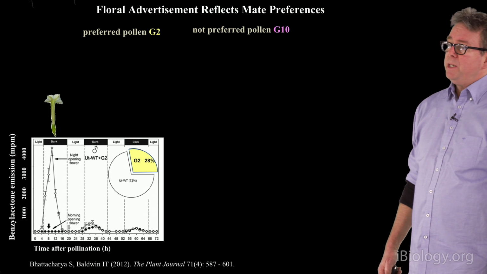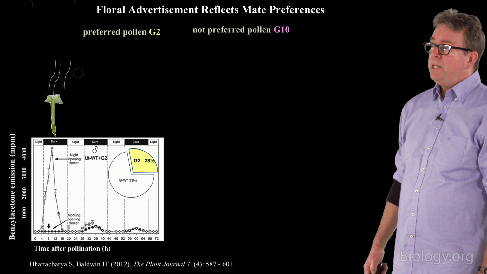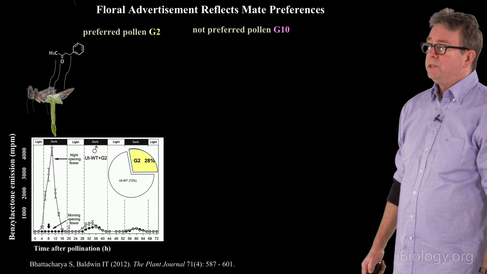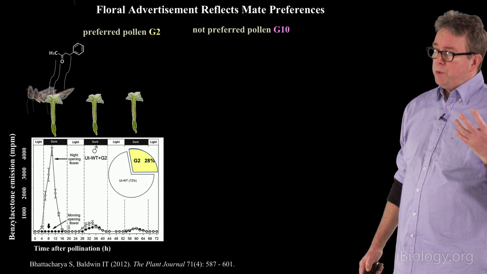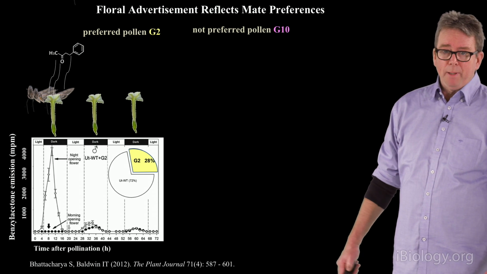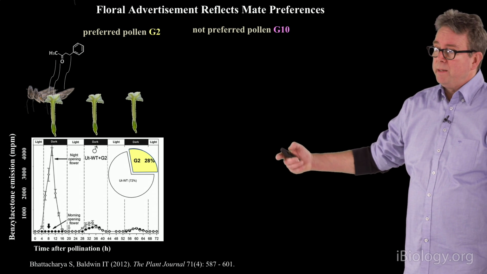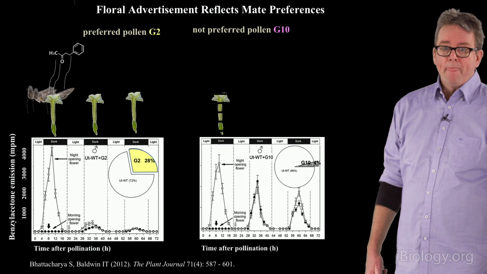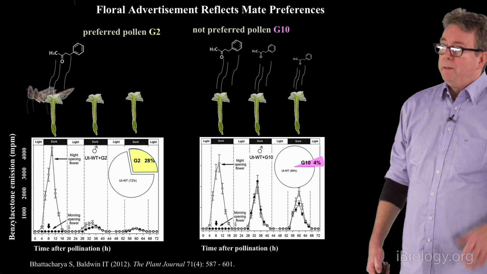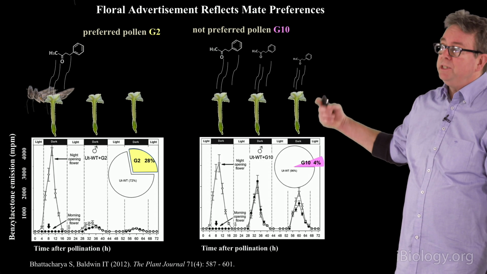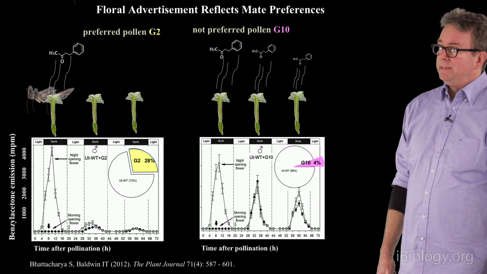Now, what's interesting about these particular choices, if we just go back to the lady from Utah who likes G2: if she gets G2 placed on her stigma, she shuts down the advertisement. She no longer produces this benzylacetone scent to attract pollinators, and she goes ahead and sires a large number of her seeds, 28% of them, with the G2 pollen source. If, on the other hand, she receives primarily the unfavored G10 pollen source, she continues to advertise. She continues to emit floral scents, perhaps hoping to be able to bring in one of her favorite pollen grains.